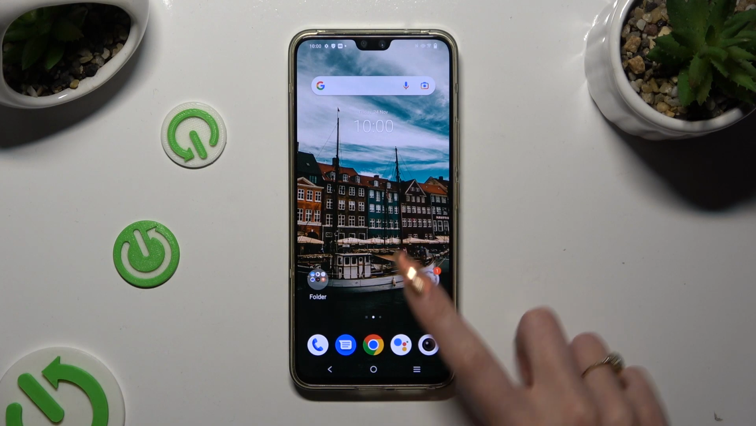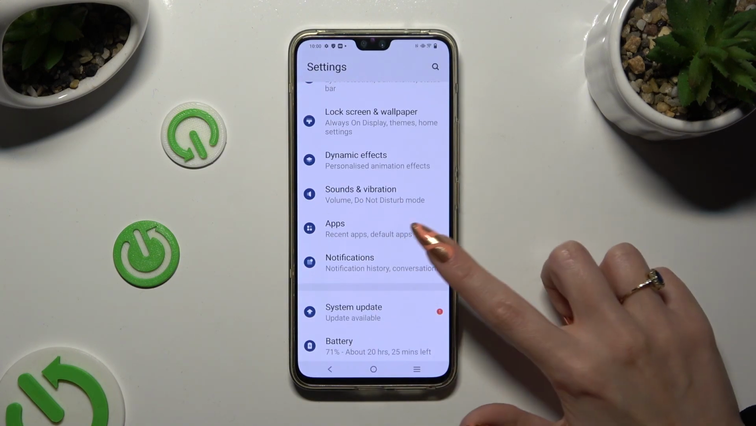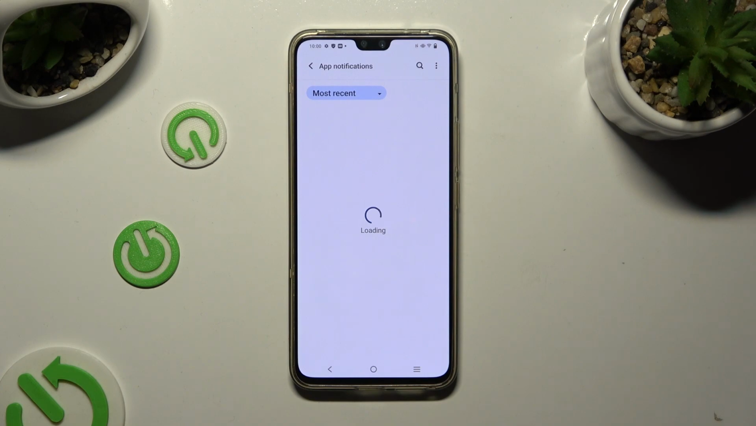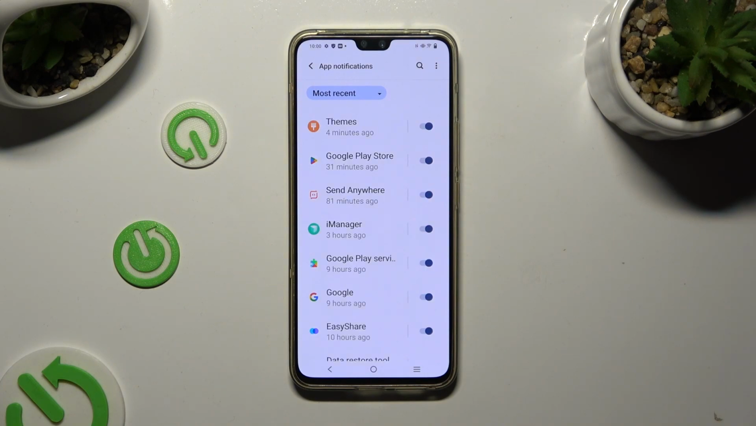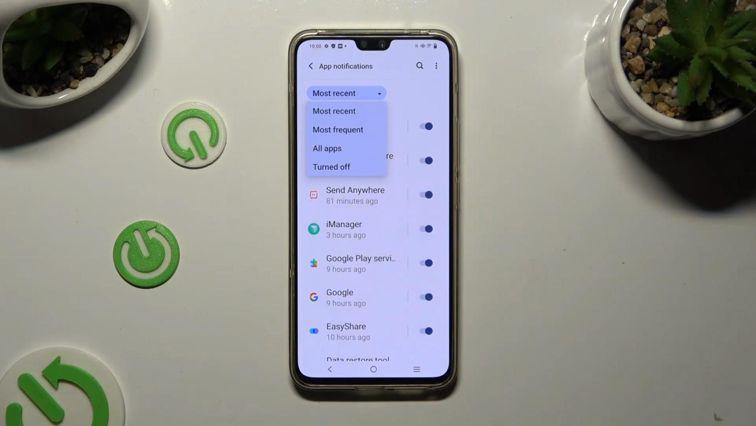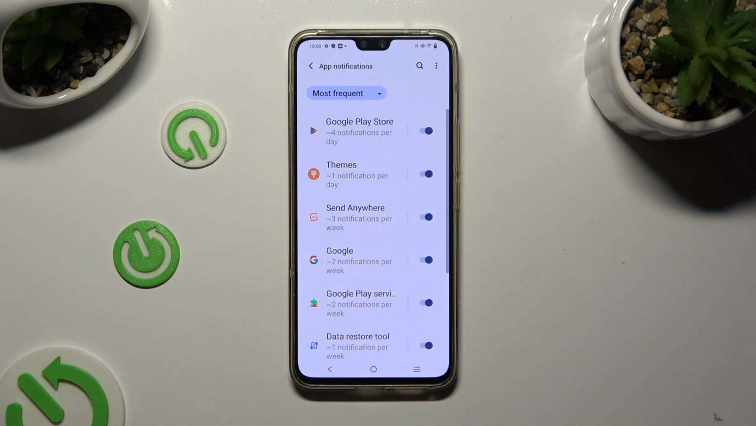Begin by going into settings and scrolling down to access notifications. Now tap on app settings under manage and then select most recent at the top left corner. Following that, click on the best option for you, and when you're ready, click on the blue switches next to